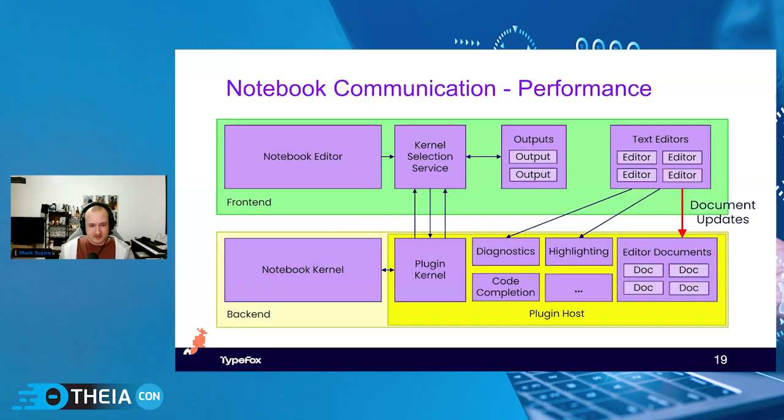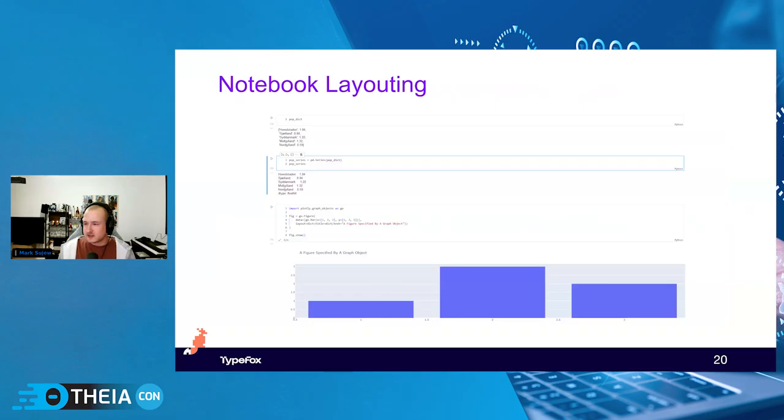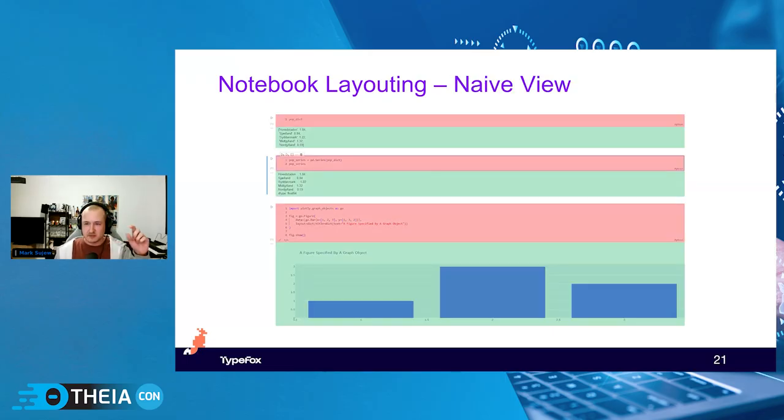So if you take a look at a simple notebook document, you will find that it's usually a collection of cells interchanged with output information. So in here we have just 3 code cells. Let me mark them actually. So in red, they're just Monaco editors. And then in green, we have all of the output information. And we took quite a naive view on all of that, because each of those green fields were simply